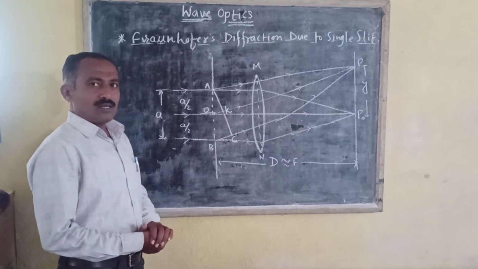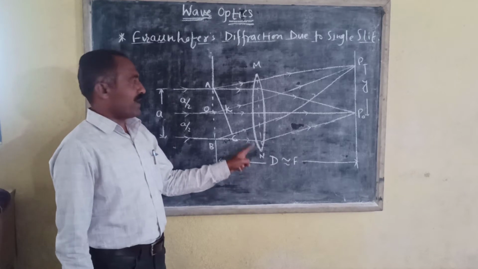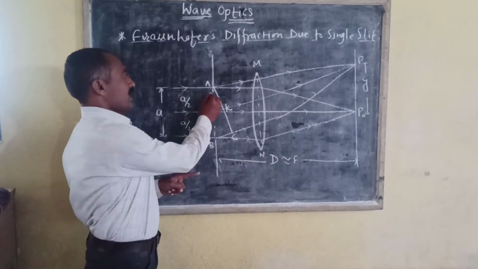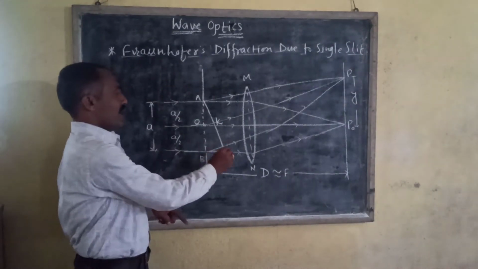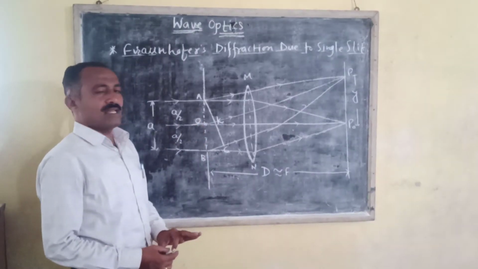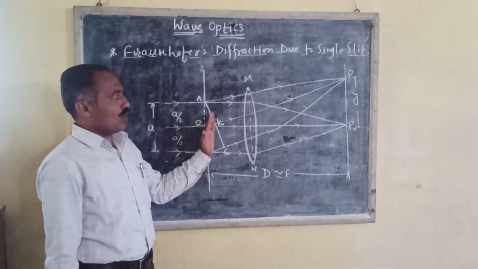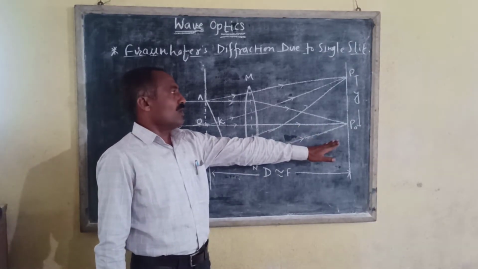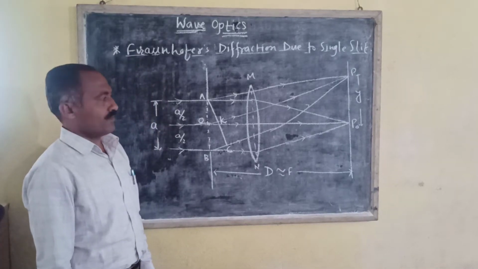Now consider the parallel rays. Here the axis of the lens is parallel to the slit, and we have to divide the screen into a large number of small elements, and each element of the screen acts as a secondary source of light, sending out secondary wavefronts in all possible directions, producing a diffraction pattern on the screen. Now we have to find the position of maxima and minima.